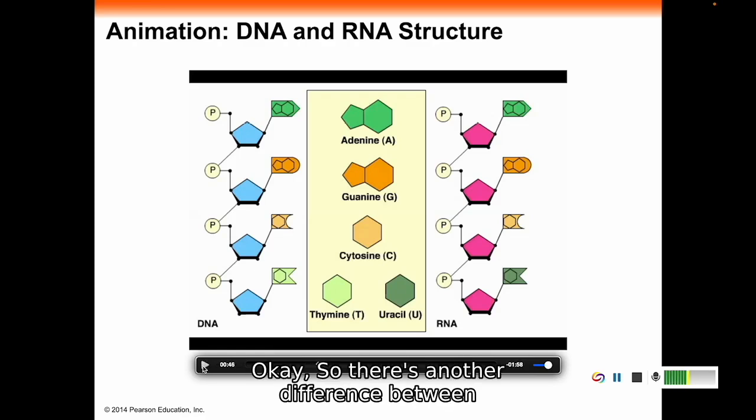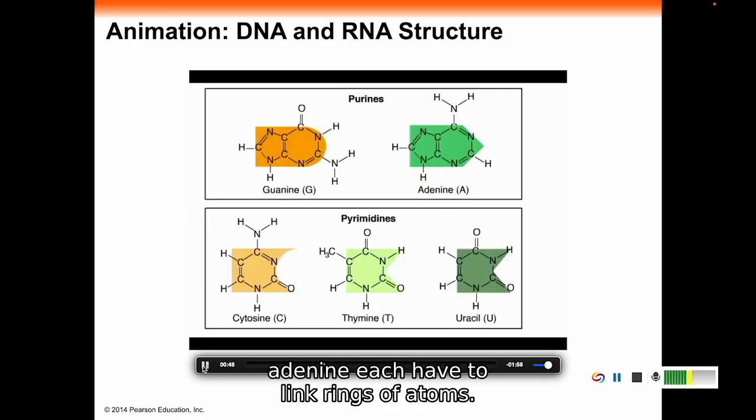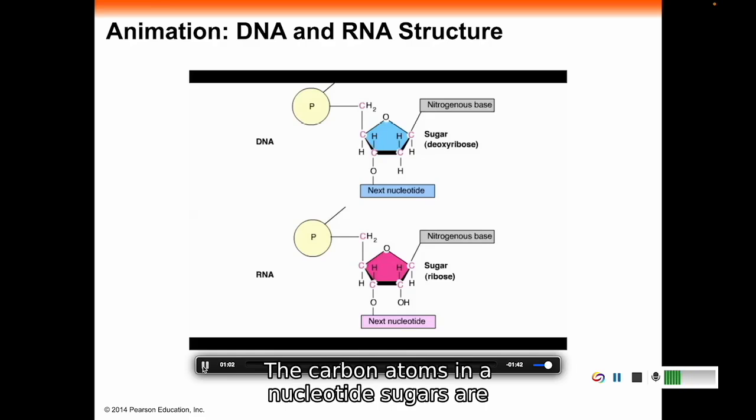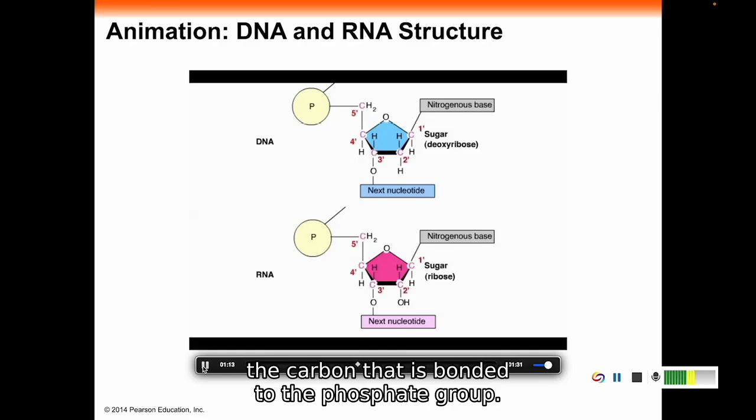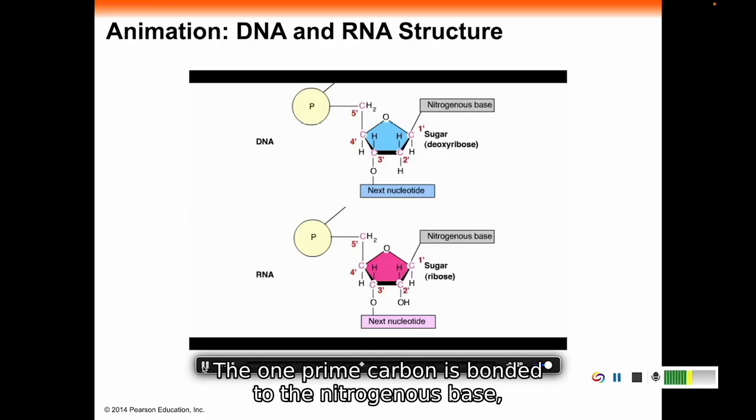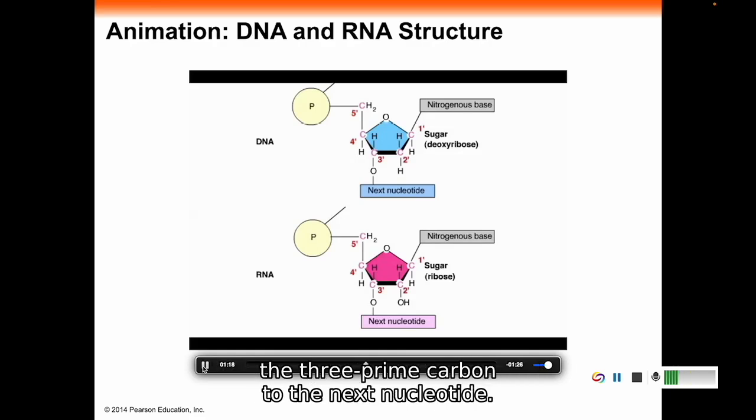Okay, so there's another difference between DNA and RNA that you need to remember. The nitrogenous bases guanine and adenine each have 2 linked rings of atoms. They are called purines. Cytosine, thymine, and uracil each have a single ring, and these 3 bases are called pyrimidines. For convenience, the carbon atoms in a nucleotide's sugar are numbered, beginning with the carbon atom bonded to the nitrogenous base, moving around the ring, and up to the carbon that is bonded to the phosphate group. The 1' carbon is bonded to the nitrogenous base, the 3' carbon to the next nucleotide, and the 5' carbon